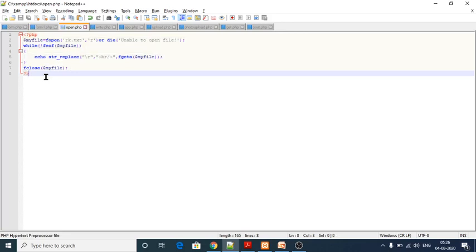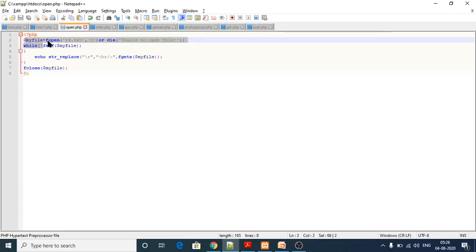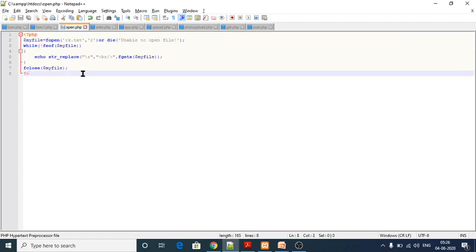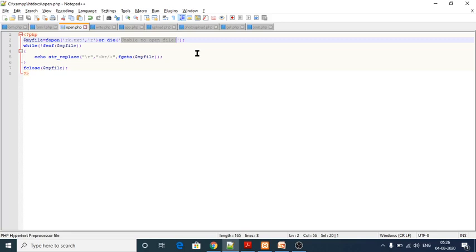folder. And see here, my file is my variable, and fopen is the function which is used to open an existing file. These are known as parameters. First parameter is my file name, next parameter is the mode of my file, read mode or write mode. Suppose if the particular text file is not there, an error message would be produced, unable to open the file, or the existing file is not available there.